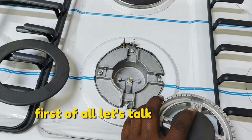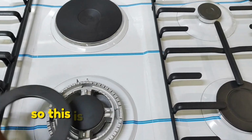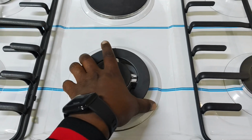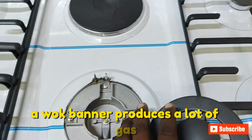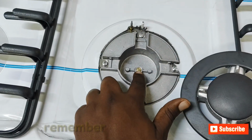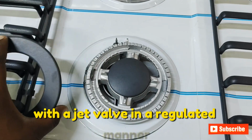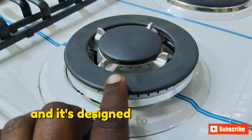First of all, let's talk about the size. It's so massive. So this is called a wok burner. A wok burner, what's the meaning of wok burner? A wok burner produces a lot of gas, but in a regulated manner. Remember, this comes again with a jet valve in a regulated manner, and it's designed to produce